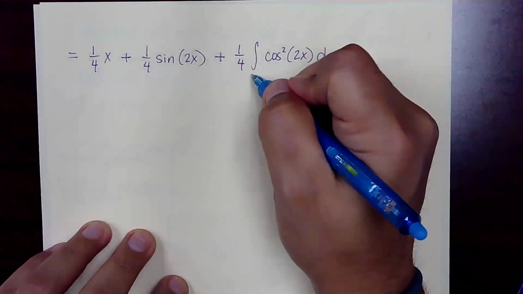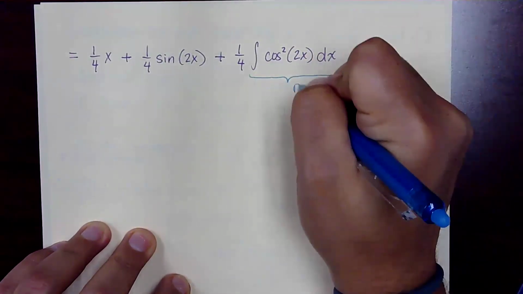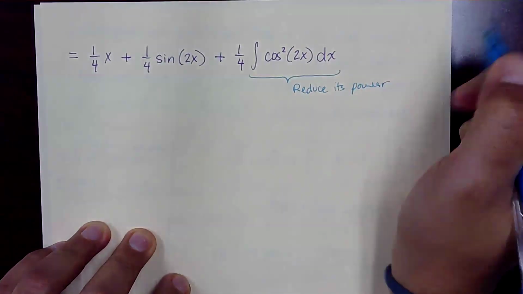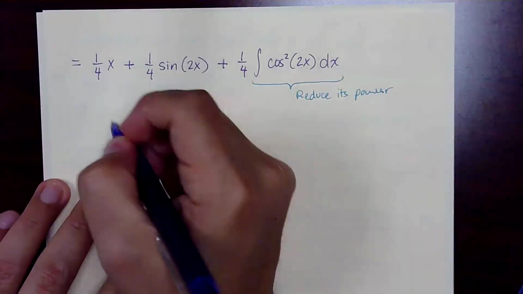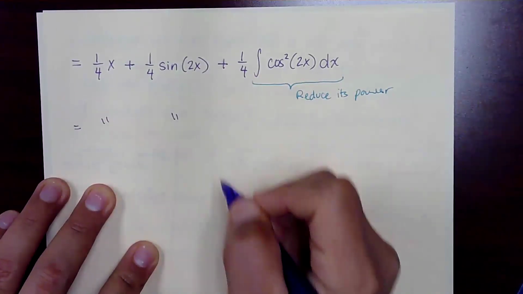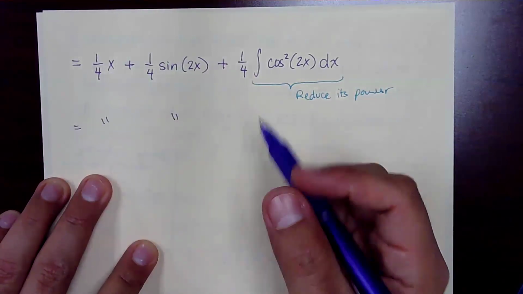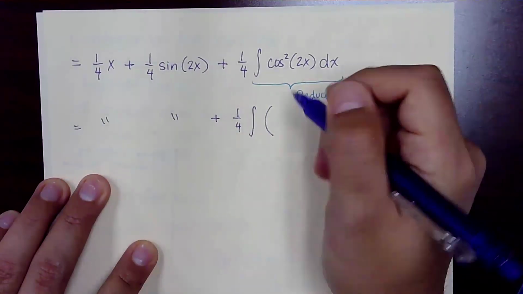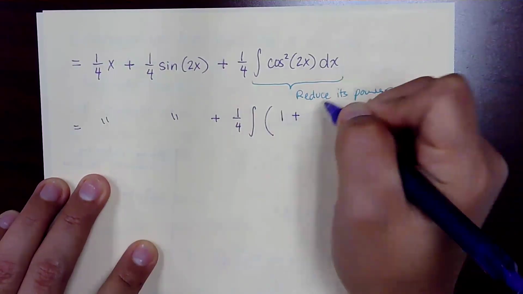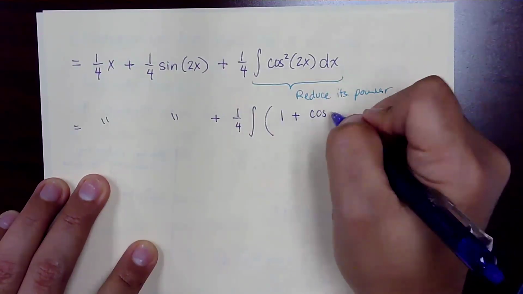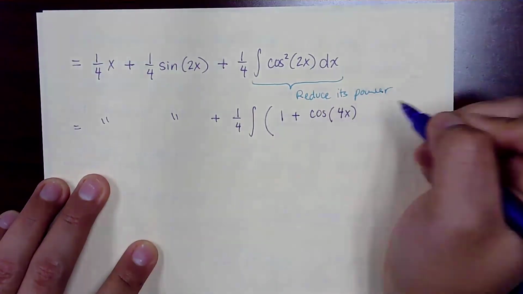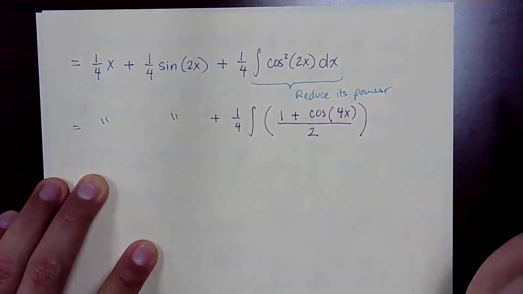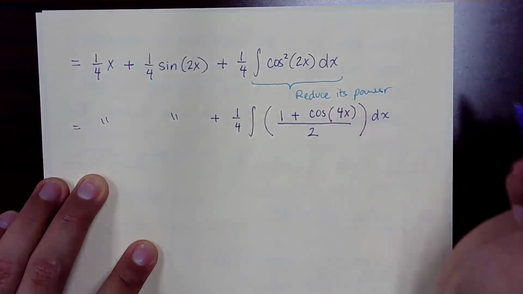Okay. Well, now let's take this guy and reduce its power. That is a weird looking power. It is what it is. So now, because I'm going to get incredibly lazy, these guys are going to keep following us. Plus 1/4. And then this will be 1 plus cosine 4x over 2 dx,